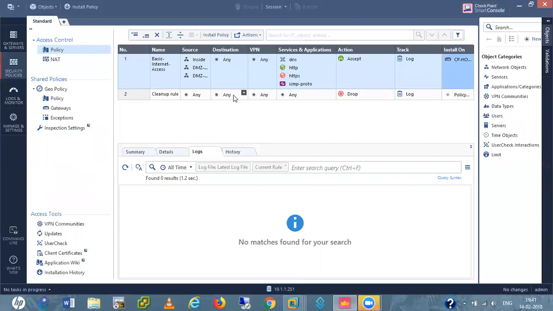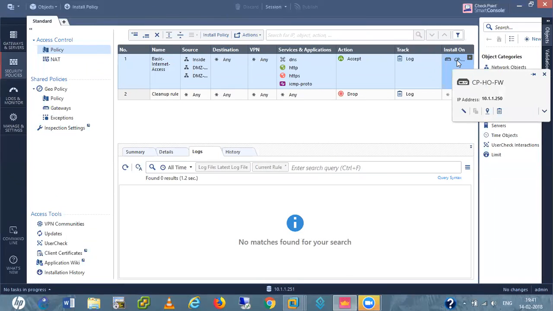I'll just edit this firewall in my policy, and I'll install this basic policy into my firewall. So now I am going to start how we can configure HTTPS inspection on our firewall. And we require HTTPS inspection because most of the applications and most of the websites today are HTTPS secure websites, right? So we want to decrypt these websites, and we also want to see the content inside that. That's why we need HTTPS inspection.